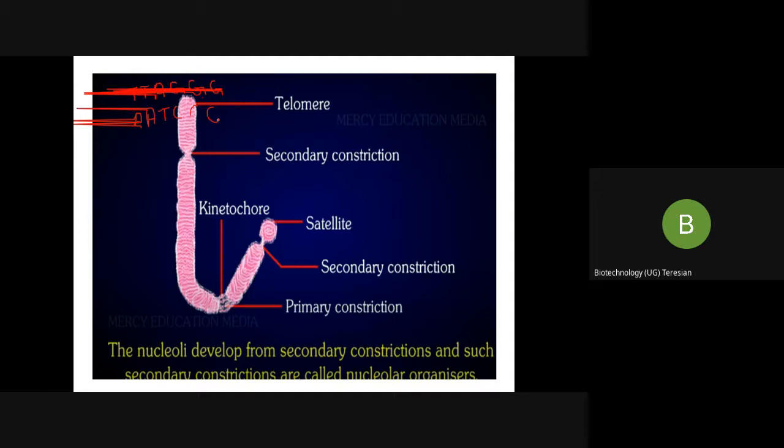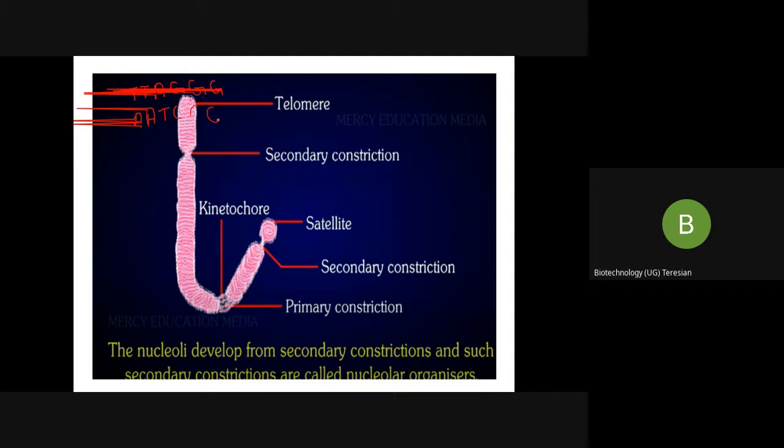Telomeres are present at the end of the chromosome, cap-like in structure, and these telomeres are almost the same in the vertebrates and in human, and they consist of the repeated sequences which are known as T, T, A, G, G, G, and they consist of the heterochromatin, and they also contain an enzyme which is known as telomerase, and the main function is they are required for the chromosomal replication. They protect the chromosome from the nuclease activity, otherwise the nuclease can degrade the chromosome, so they protect from that.